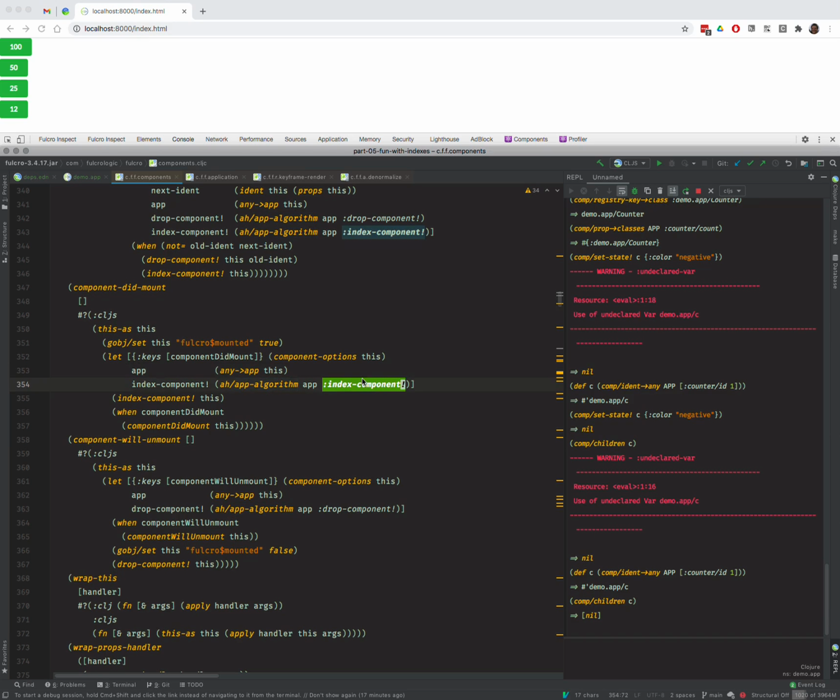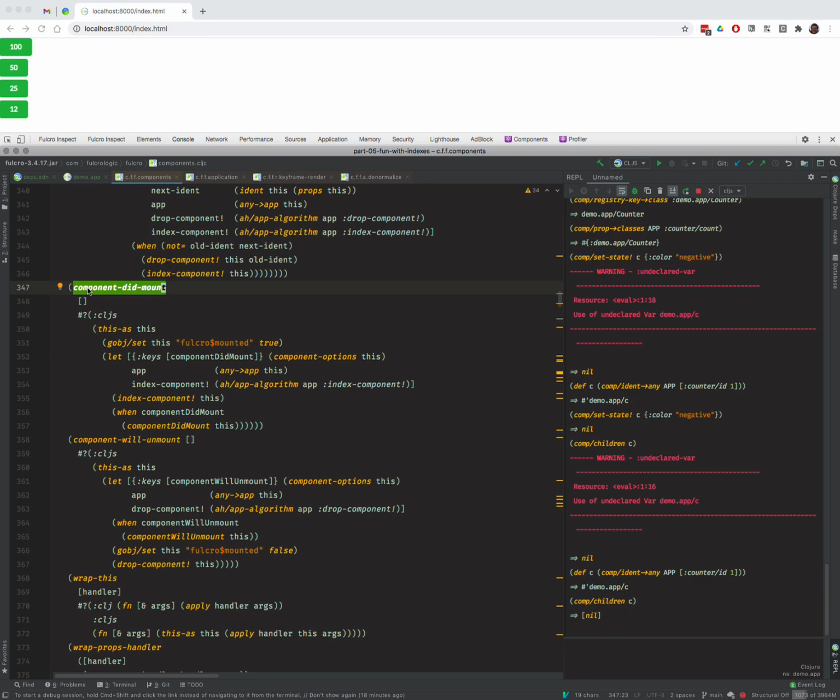The indexes are actually a pluggable thing too, but I kind of just made everything pluggable in Fulcro 3. I can think of reasons why you might want to change the implementation of this algorithm, but they're not very good reasons. But this index component call happens every time a component mounts, and this is done both in hooks-based components and non-hook based components. So in Fulcro, when you say use hooks, you don't just get a plain function, you actually